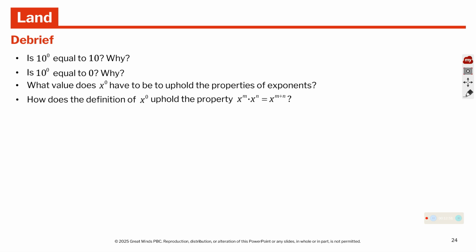So you could see that we determined how to figure out something to a 0 power by looking at other common misconceptions. Is 10 to the 0 power equal to 0? Is it equal to 10? Or is it equal to 1? And we determined it based on how it upheld the properties that we know so far. So an integer or a fraction to the 0 power is